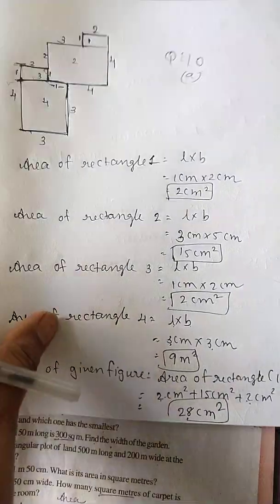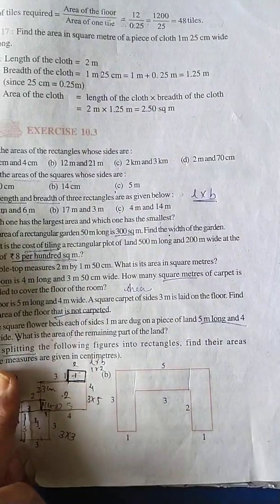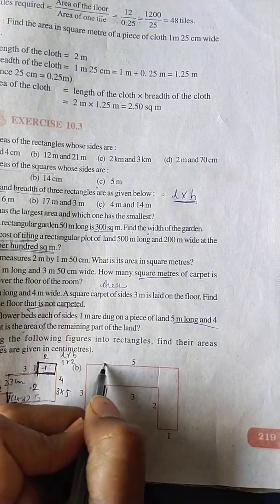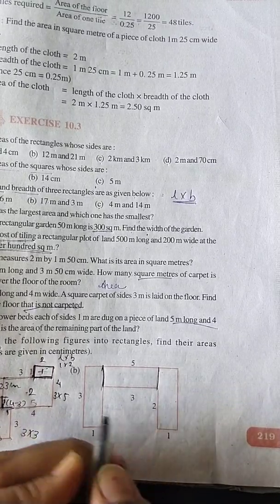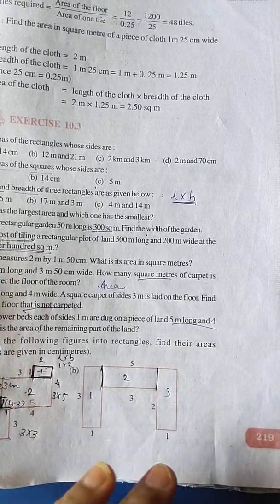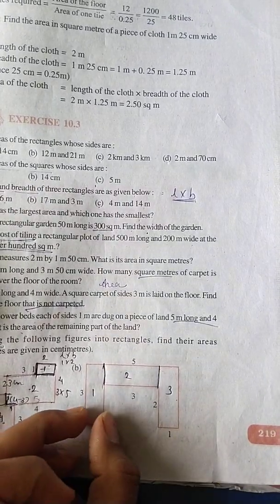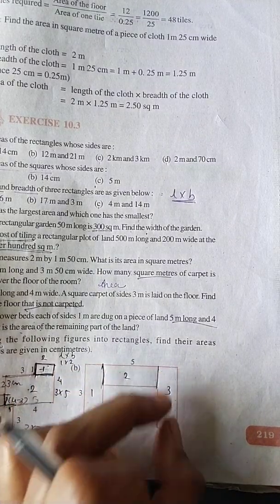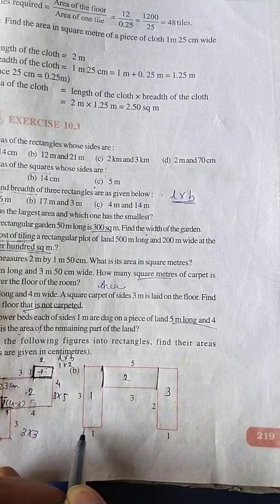Yes? Now see the question number B. By splitting the following figures into the rectangles. So here you can split like this way. This is the one rectangle. This is the 2 and 3. 1, 2 and 3. See students, this you have to do by yourself. So look at over here properly. This one is the second and this one is the third. Check over here. Here it is given 3. Here it is given 1.